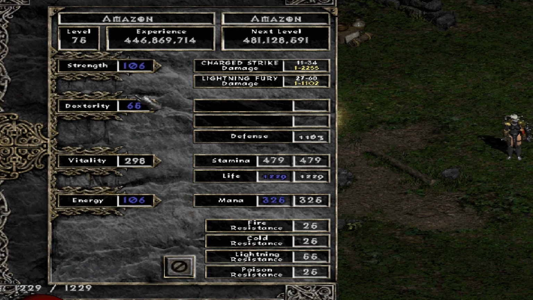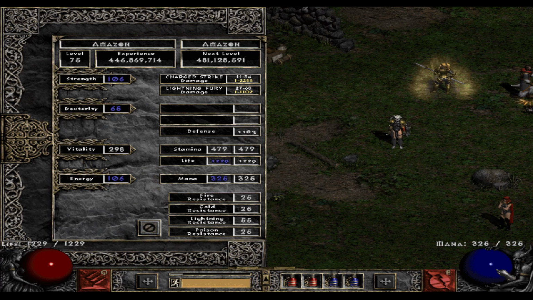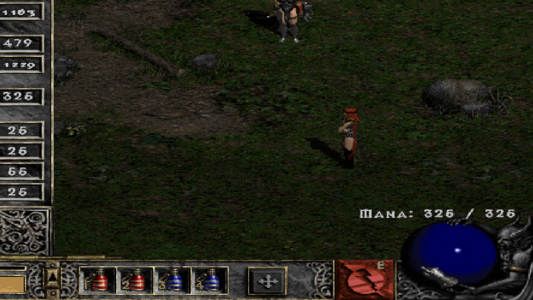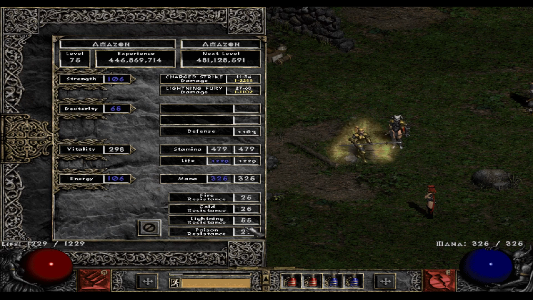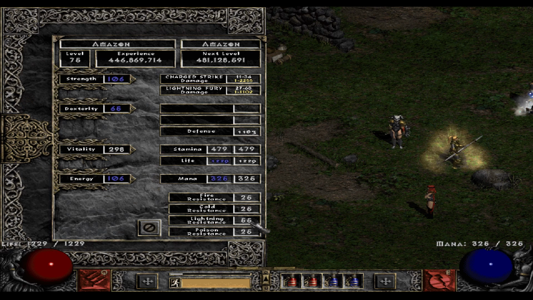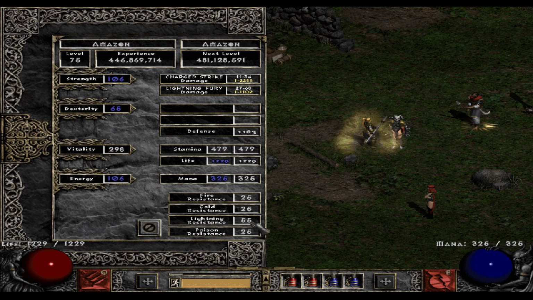So again, enough strength just for gear, and then the rest of the points into vitality. I went with a bit of energy because I felt like 180 mana was not enough. I wanted to get a little bit higher base mana just to be able to throw a few more Lightning Furies and whatnot. My resistance is also fairly good, especially I like the lightning resistance